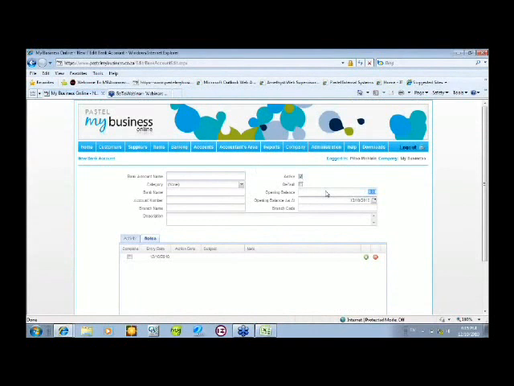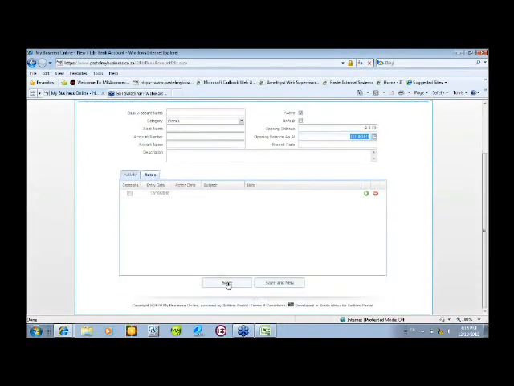Now you need to ensure, yet again, I'm going to emphasize this, that your opening balance here has been reconciled. So it's currently in balance with the physical statement from your bank account. And also stipulate the date that your bank recon was balancing and was updated from your statement from the bank account. And once you've entered these two values, you click on Save to exit or Save and New to then